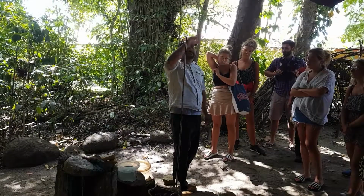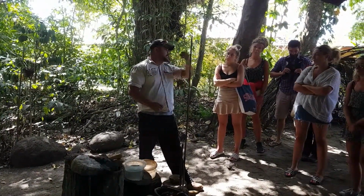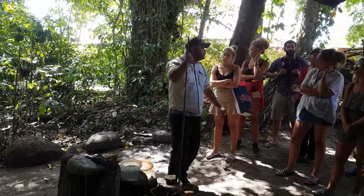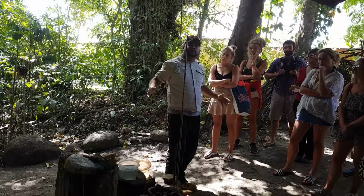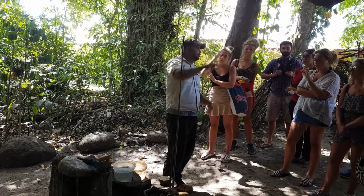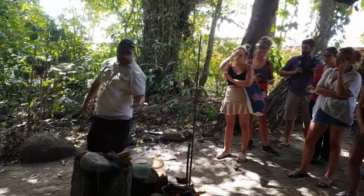All this area here, where he's heading up today, is where our ancestors have been living throughout the area. So by doing the smoking ceremonies, we're just letting the ancestors know that we're letting a group of friends head up into the rainforest. Alright. Other than that, if you want to see a bit of evidence,